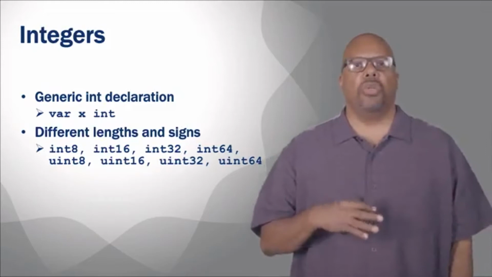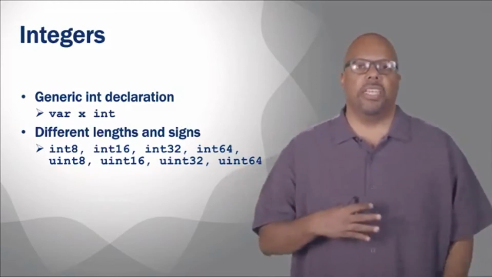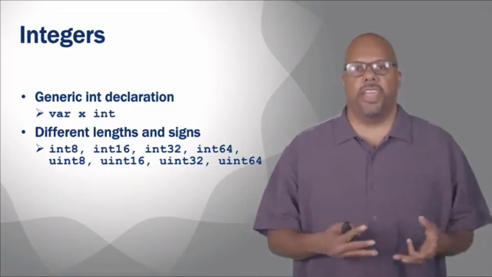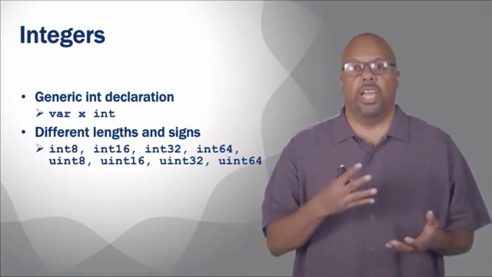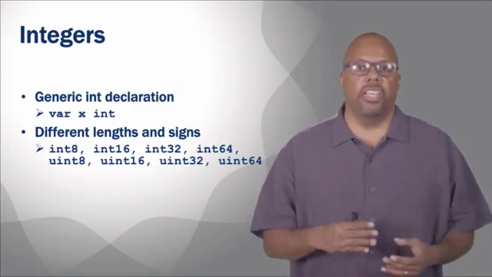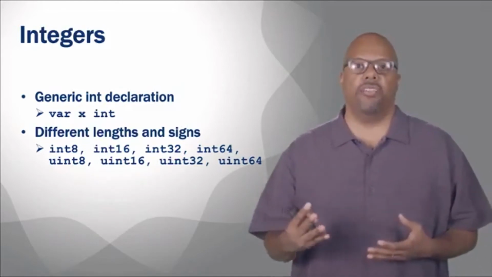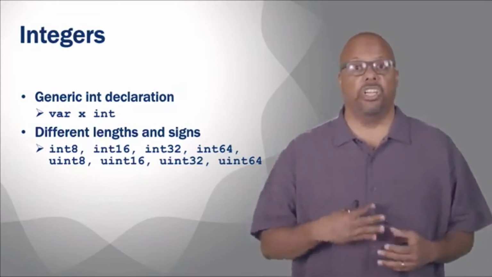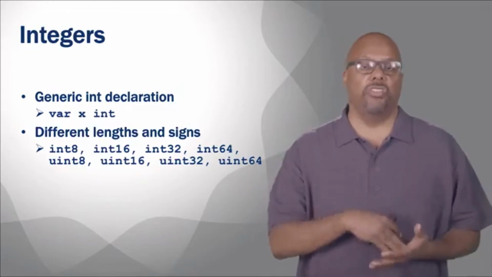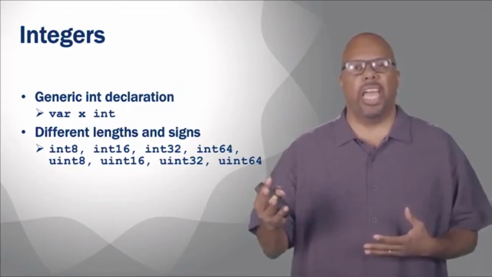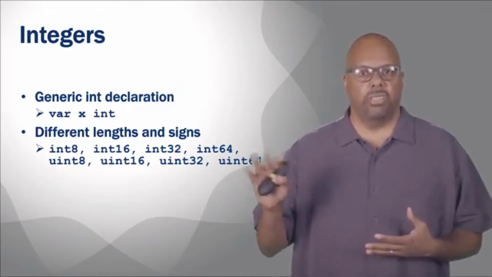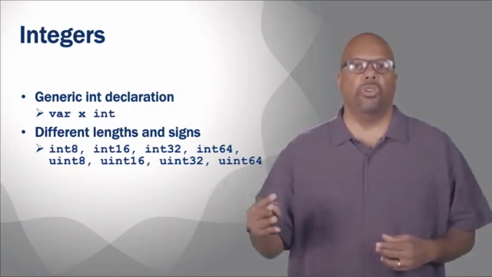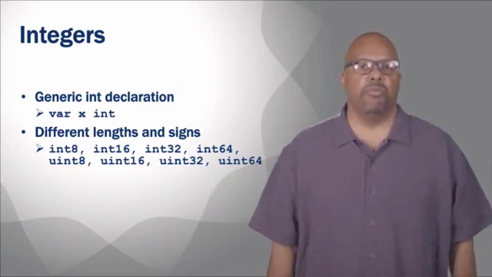So the difference between these different lengths of integers is just how big we need the integer to be. Let's say an 8-bit unsigned integer can represent 0 to 255, because that's the biggest number you can represent with 8 bits. But a 16-bit unsigned integer can go from 0 to 64K, about 65,000 and thereabouts. So it's much bigger. The more bits you use, the bigger the number representation can be.